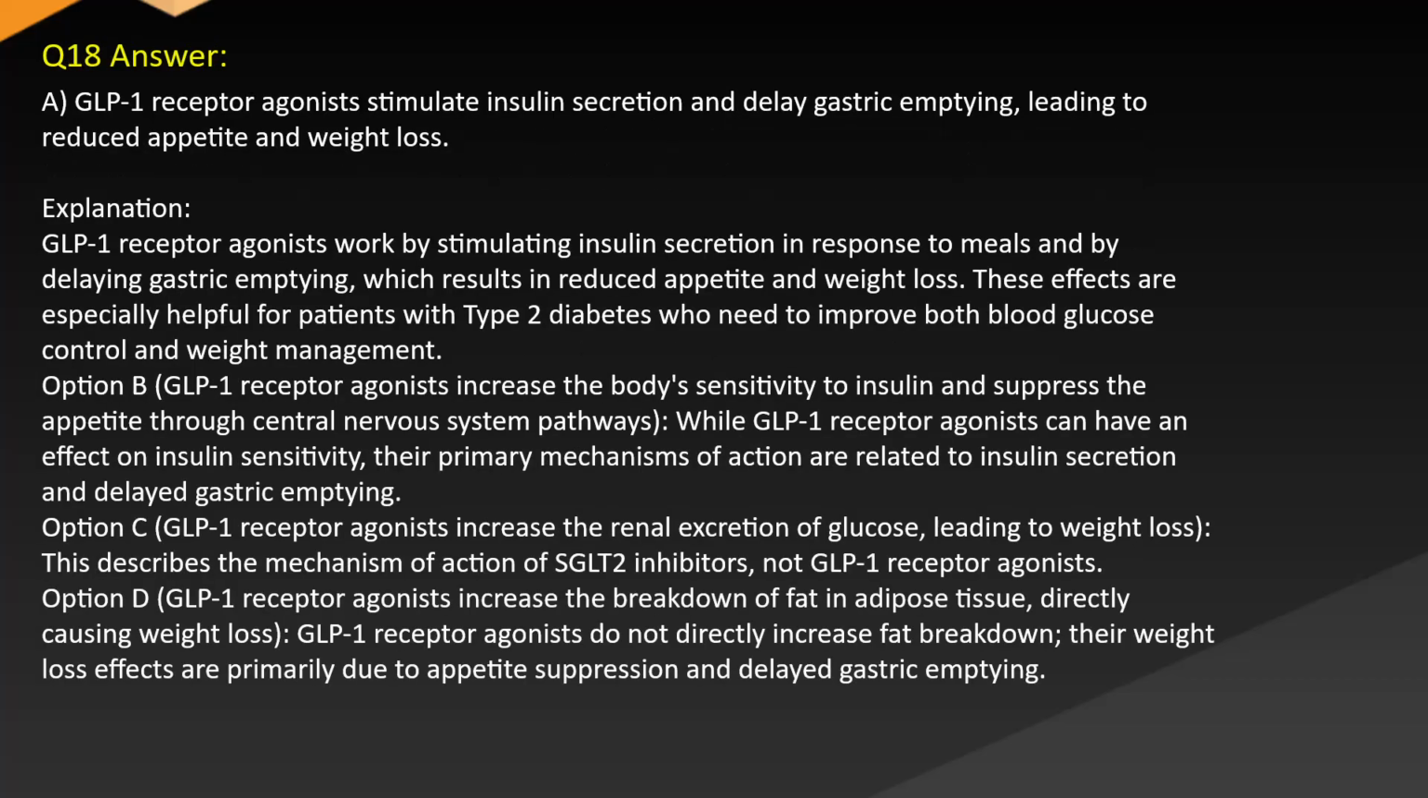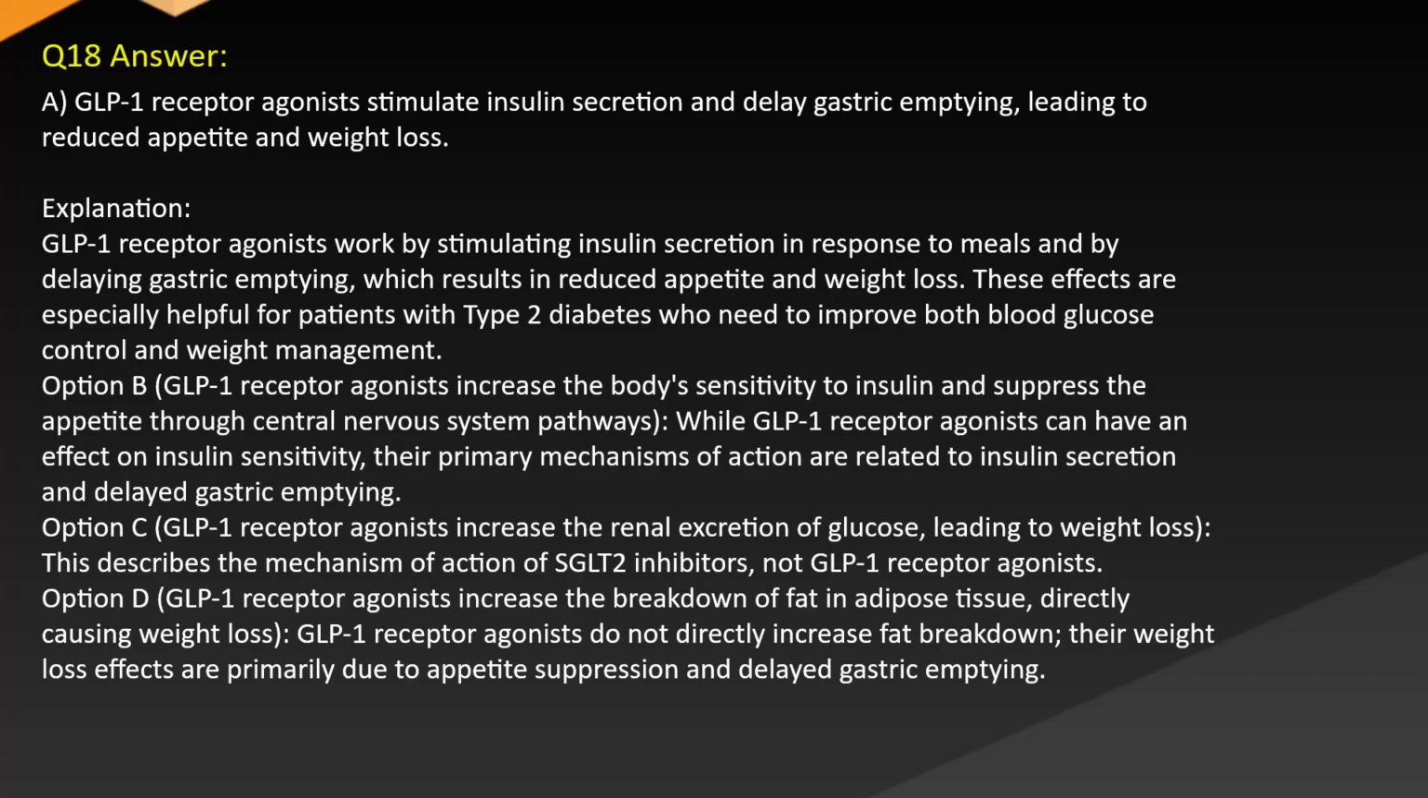Answer: A. GLP-1 receptor agonists stimulate insulin secretion and delay gastric emptying, leading to reduced appetite and weight loss. Explanation: GLP-1 receptor agonists work by stimulating insulin secretion in response to meals and by delaying gastric emptying, which results in reduced appetite and weight loss. These effects are especially helpful for patients with type 2 diabetes who need to improve both blood glucose control and